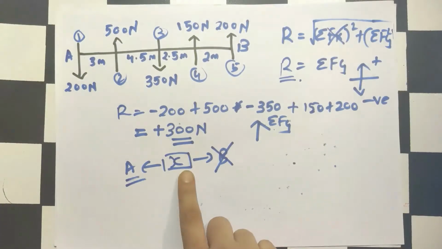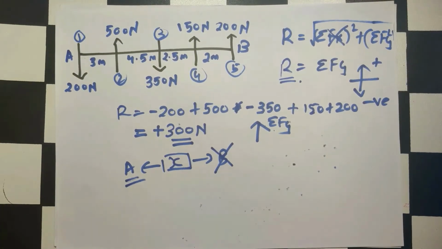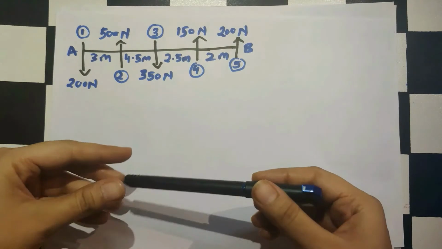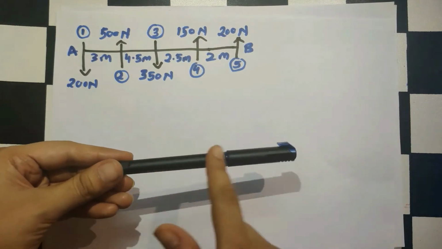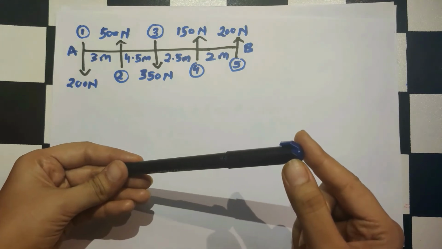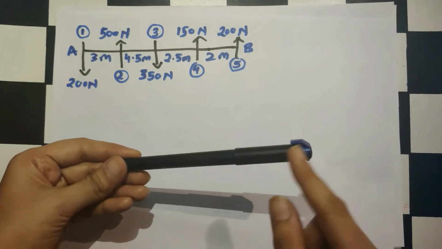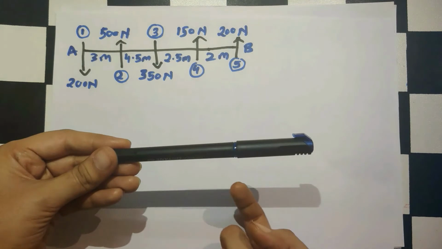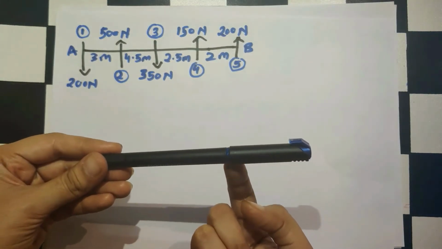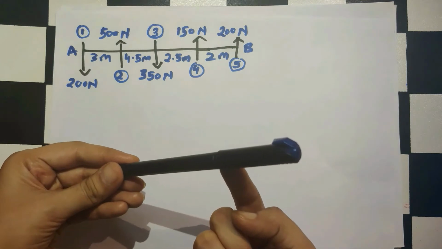So to find this distance x, we have to use the moment concept. Now how to use that concept? Let's see. It is also very simple. We have assumed that this is the rod and all these forces are acting on this rod, and it is going to move in this direction. The effect of all the forces will be in this direction. Now we have found the resultant force such that we will apply only this force at some particular distance and it will also move the rod in this direction.